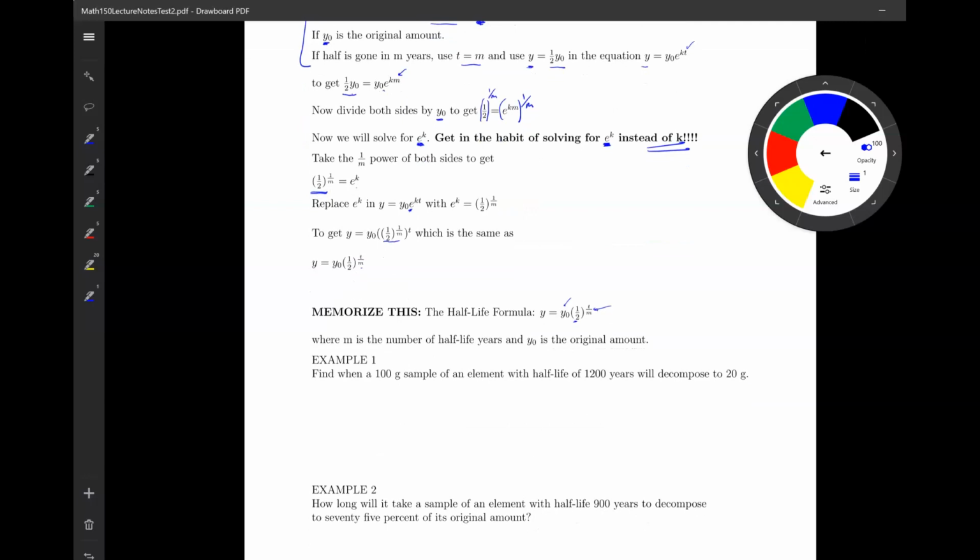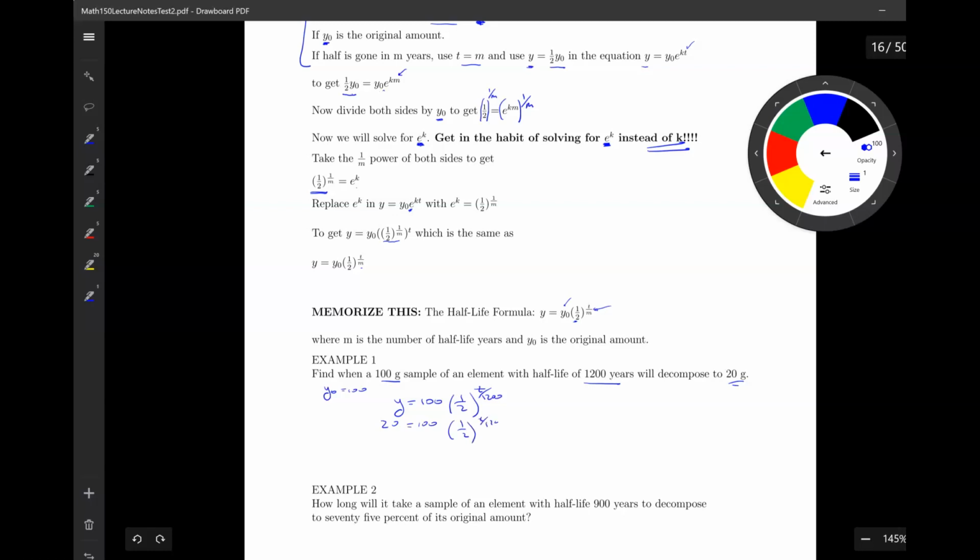Let's dig in. All right, so I have a 100-gram sample, so that is my y sub 0. And it has a half-life of 1,200 years. So right away I know I have 1/2 to the t over 1,200. All right, how long does it take to decompose to 20 grams? So 20